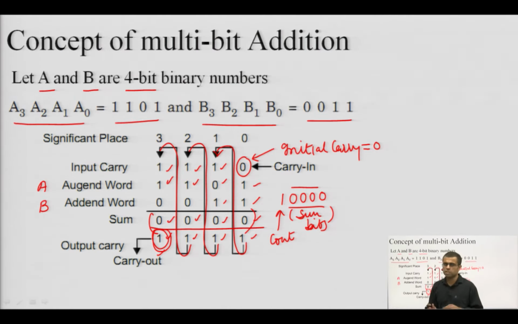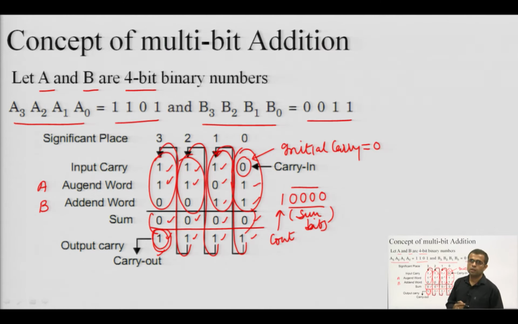So, this is the concept of multi bit addition on pen and paper, we can say, but when we are interested in translating this multi bit addition concept into a circuit, we have to understand that at any point of time there are 3 things to be added, although in the first stage there were 2 things, but the previous carry was considered to be 0. So, we are assuming it to be 3. So, in any stage there are 3 things and a sum and carry are being generated. So, these 3 things are added to generate sum and carry, and this can be performed with the help of a full adder. So, we need 4 full adders.